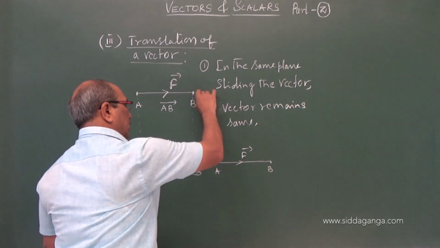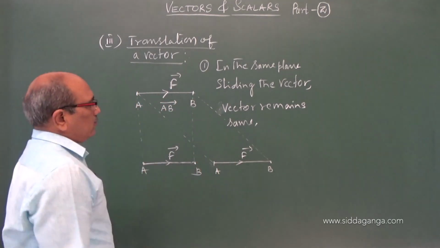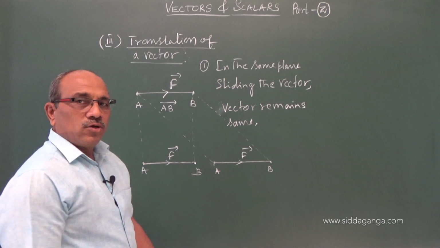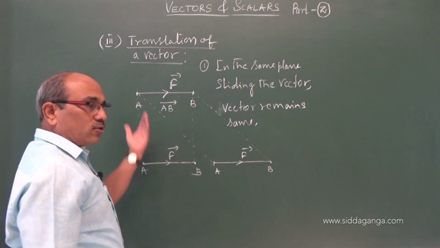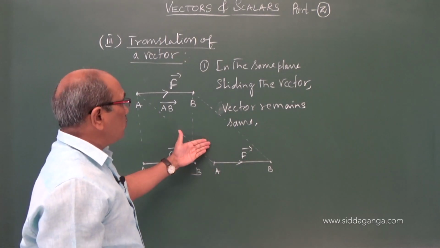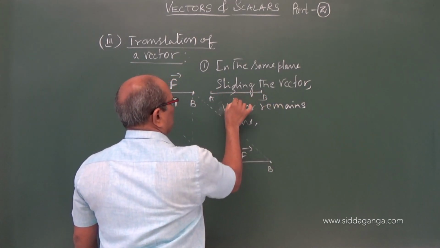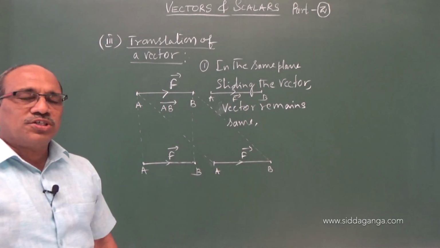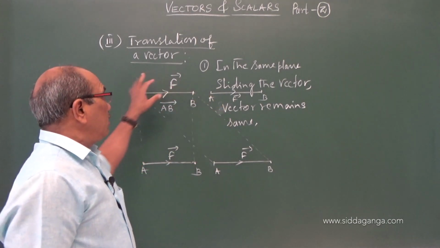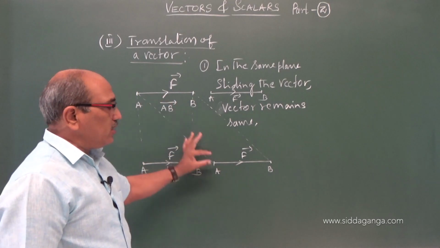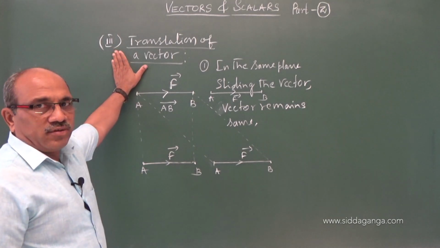Now I can even slide it like this. So you are seeing that we can slide the vector either downward or upward or to the left or to the right, as I showed. We can keep it here also, slide it to this side also, AB as F, with no change in the vector value. It remains anywhere on this plane, it can be shifted so that its magnitude and direction are not affected. This is what the actual meaning of translation of a vector is.